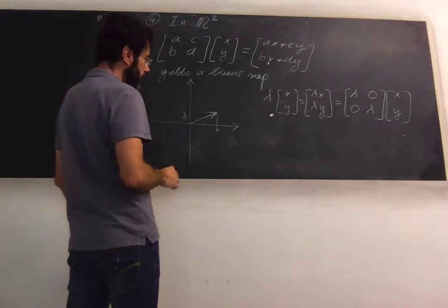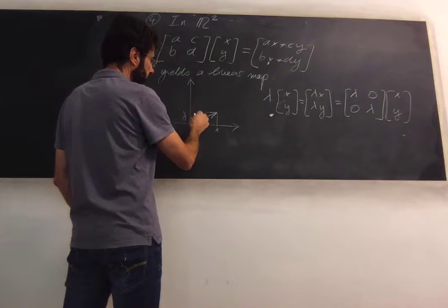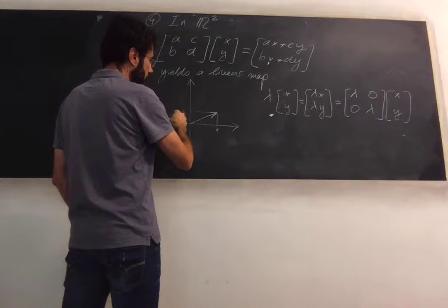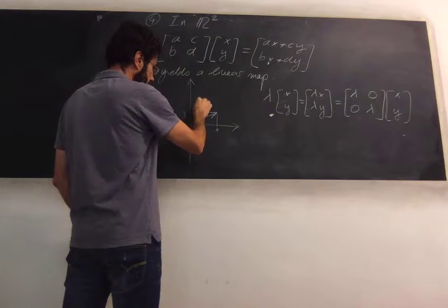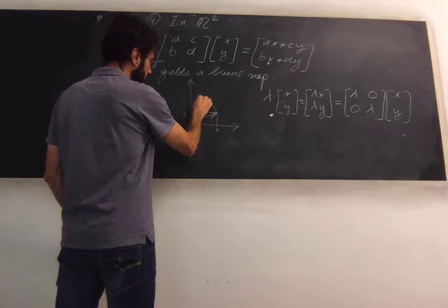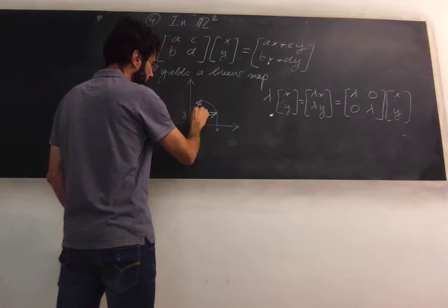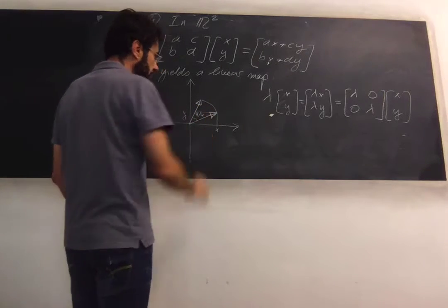So say you rotate it by 45 degrees, by pi fourth. Then it would be here. It would be a circle. It takes it from here to here, and this would be pi fourth. Now, if you know some trigonometry,